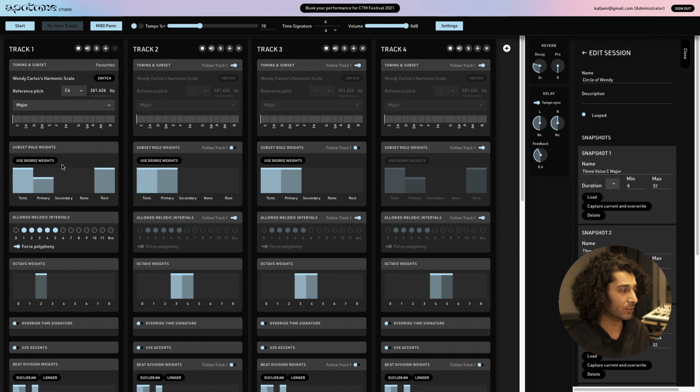Essentially, every time you create a modulation to some of these parameters or change something, you're more or less creating your own algorithm or a variation of an algorithm that you've already done. The only thing that exists in the background is the random selection of notes from whatever possibilities exist in the tuning system and the subset. For an in-depth tutorial on how to use this, please check out the other videos, but this is just a quick overview. We have the ability to adjust what pitch degrees are triggered from these tunings and subsets, what intervals